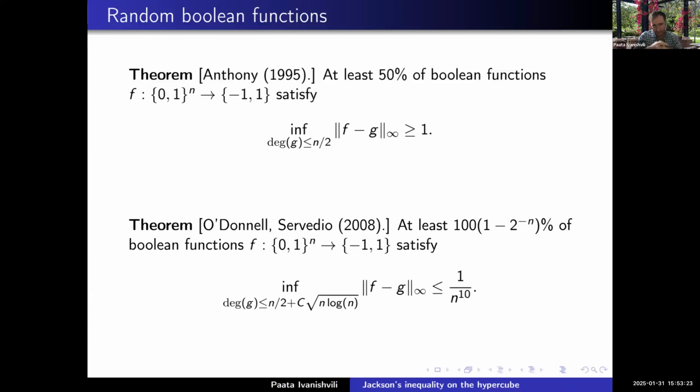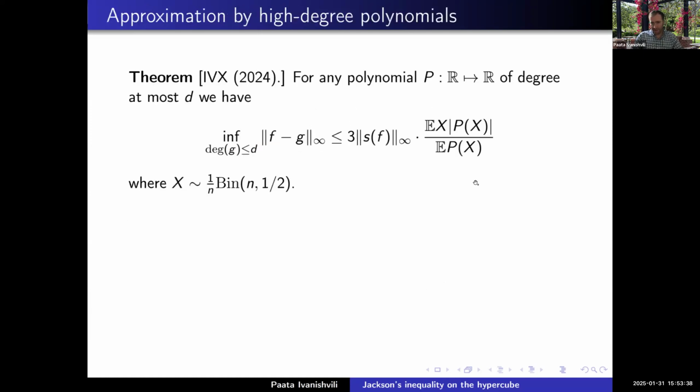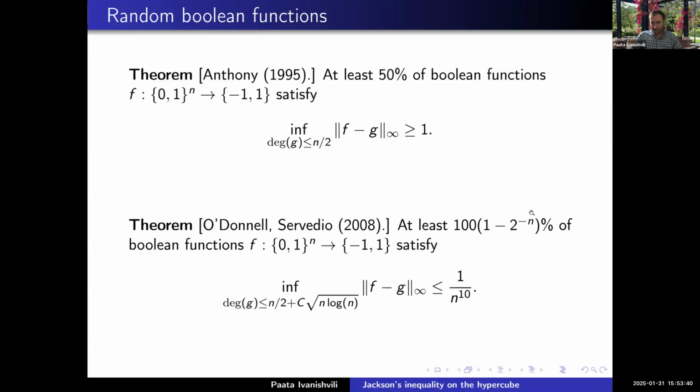And there is another result, also a theorem due to O'Donnell-Servadio from 2008, which says that for almost all Boolean functions, it's 100% times 1 minus 2 to the minus n. So this is a number very, very close to 1. So it's close to 100% of Boolean functions satisfy